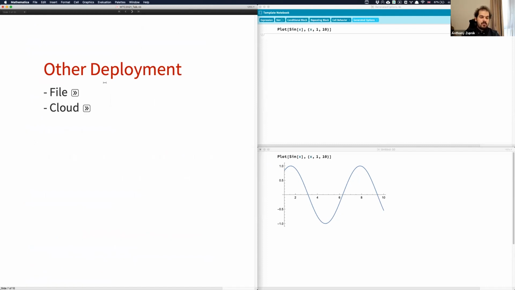So, other types of deployment. Here we're just deploying directly to the desktop interface. No files are being saved. Each file that's created is an untitled notebook, which you then have to save. So you may want to save as a file. If you want to do that, you use